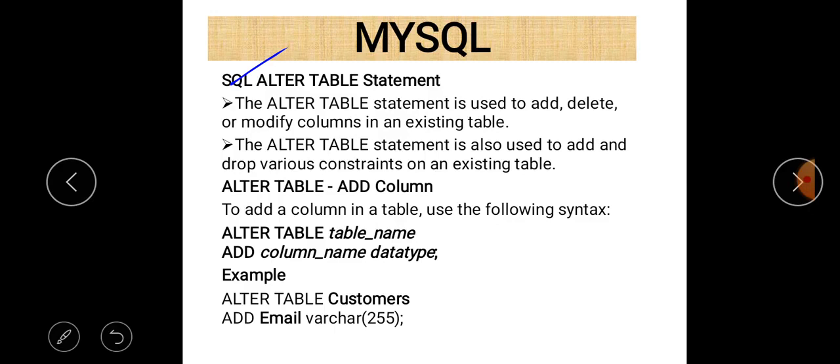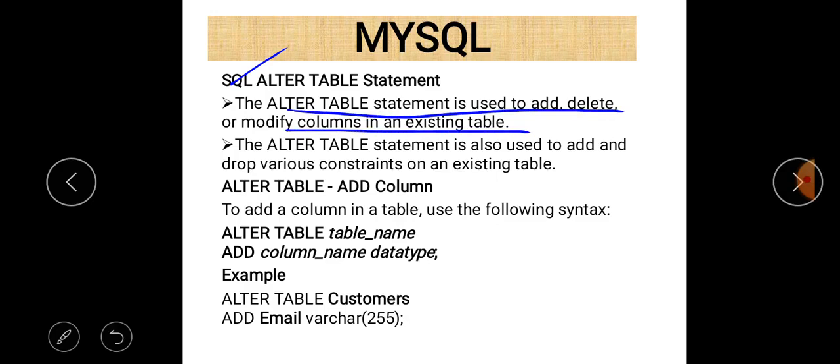In alter table command, we are able to alter any table structure, but using the update command, we are able to update the table data. That's why update is a DML statement, and alter table is a DDL statement.